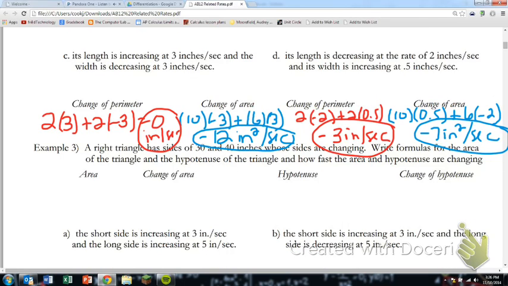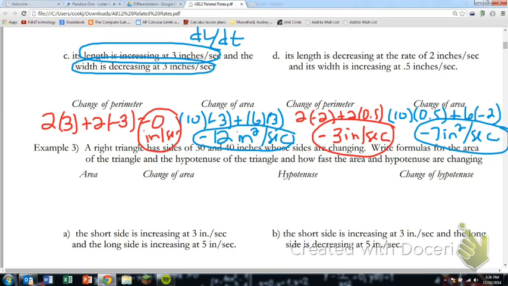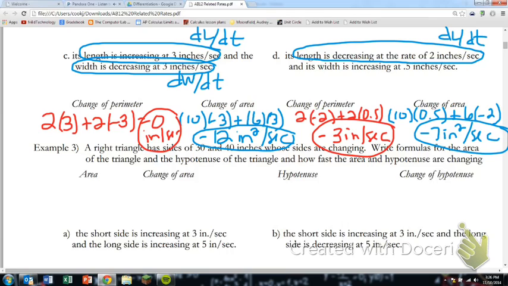Okay, so if you plug into those two formulas we wrote for change in perimeter and change in area, on this one here it says length is increasing 3 inches per second. That means dL/dt and it's positive. Width is decreasing, so that's dW/dt and it's negative. All right. Length is decreasing, so that's dL/dt and it's negative. Width is increasing, so that's dW/dt and that's positive. You just plug in those values into the formula. So I've done that here and you could check your answers, but I want to go ahead and move on